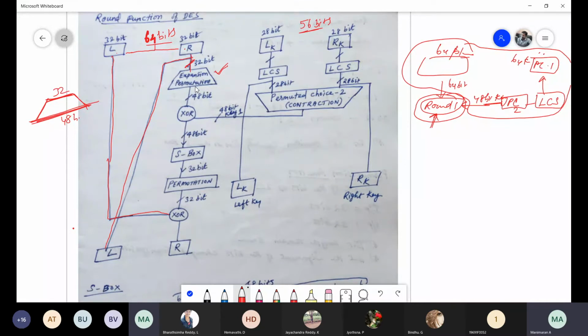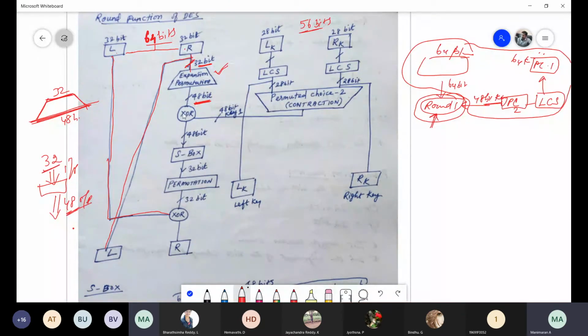I will not leave even a single point. Here in expansion permutation, we are converting 32 bits into 48 bits. Again we are applying the rearranging technique only, because it is permutation. The table is already there, the predefined table exactly we are going to apply here. Now here we are getting 48 bits. Because switching will take time, I will explain everything after explaining this box. Then I will go to the table and explain how this expansion happens, how we take the 32 bits as input, how we convert them, and finally how we get the output as 48 bits. All these things we will see later.